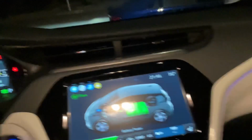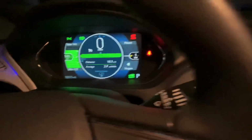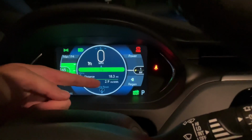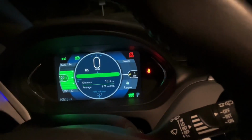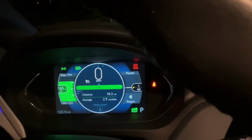Now, I'm going to turn you around here so you can see what's happening on the gauge cluster and on the center display. 18.3 miles, average is 2.9 miles per kilowatt hour, and like I said, I'll turn you around. In fact, here you go. So you can see just about 80% there, and then over here you can see that I have quite a bit to go, but there's my distance traveled. There's my average, 2.9. Around the city with these hills and mountains, that's pretty much average, 10,575 miles. And there you go. There's your average range